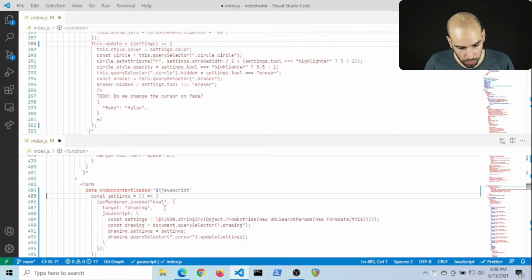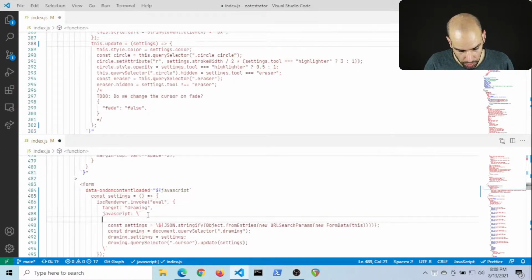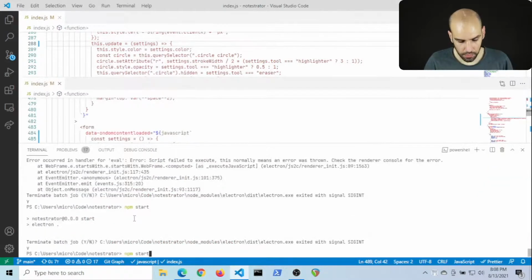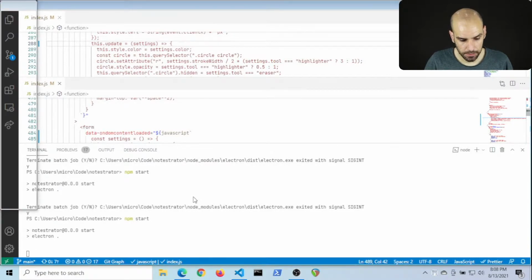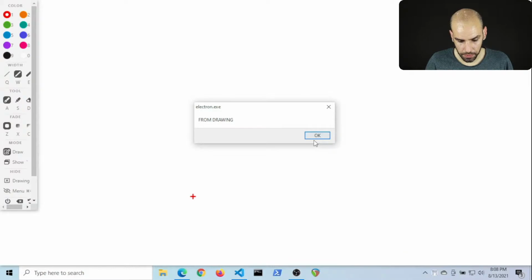Then from the drawing window, I will alert from drawing. From drawing. Excellent.